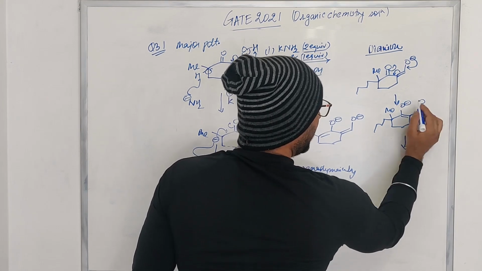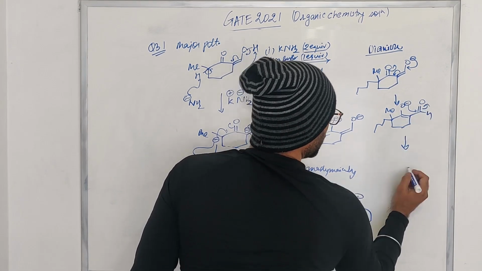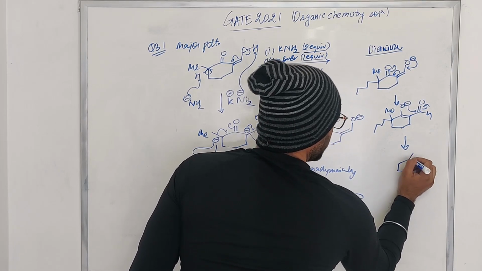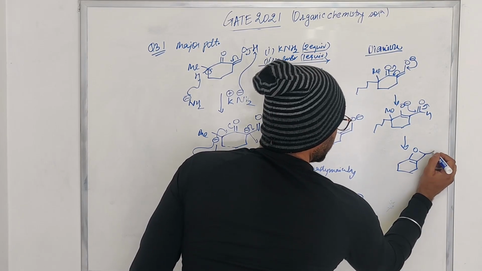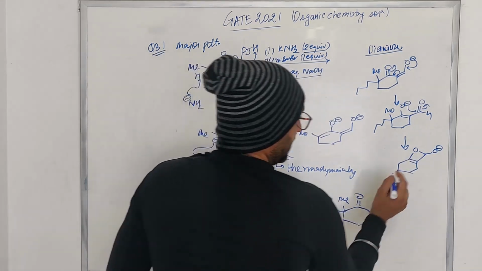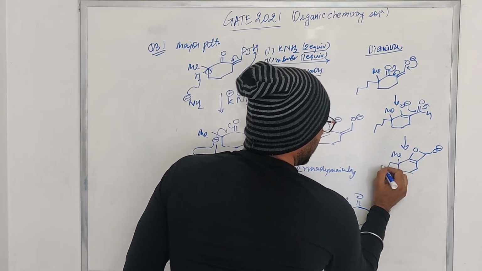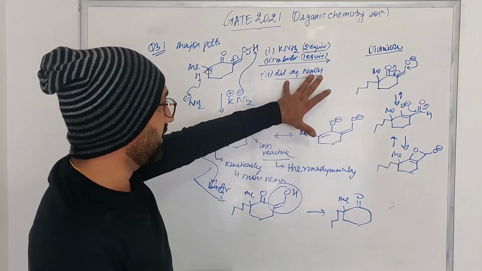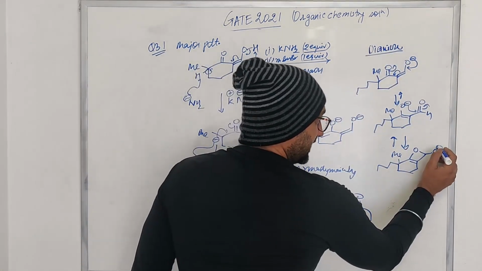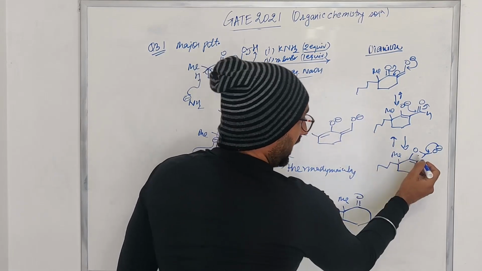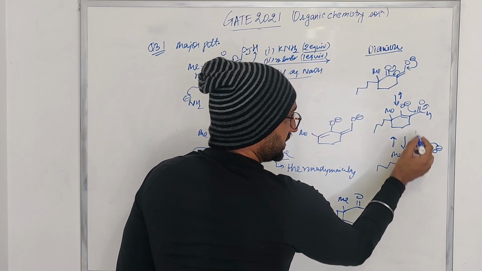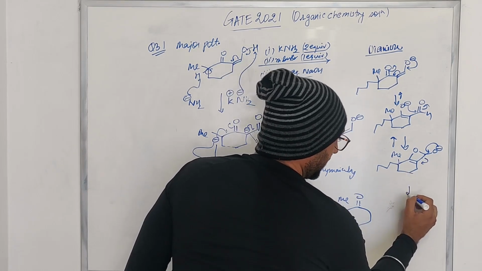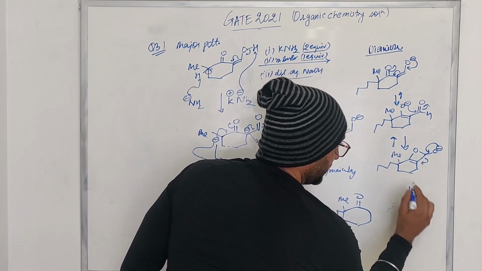Okay, and what it can do is basically it might be attacking this to form a strained system, right? You have an O negative here. So there are two ways it can happen. Everything here is happening under the thermodynamically controlled condition in the final step. So once this comes, if it opens in this direction, what you are going to get is the starting material. But if it opens here, what you are going to get is the other product, right? So this is what you are going to get.